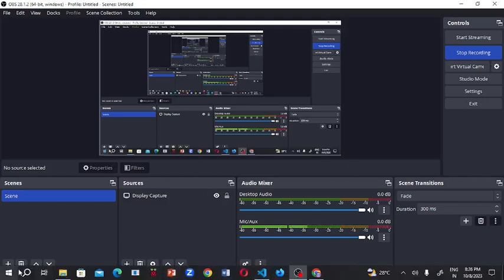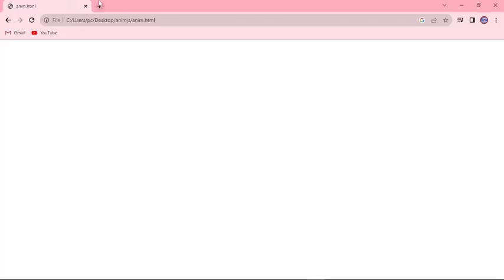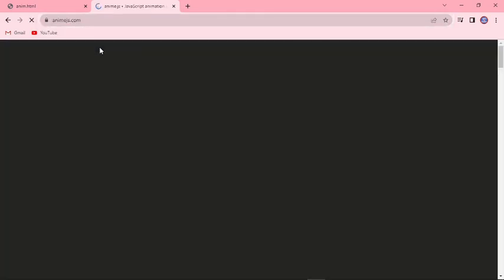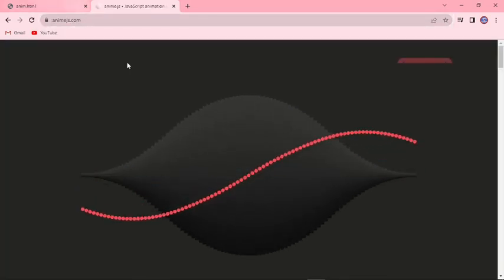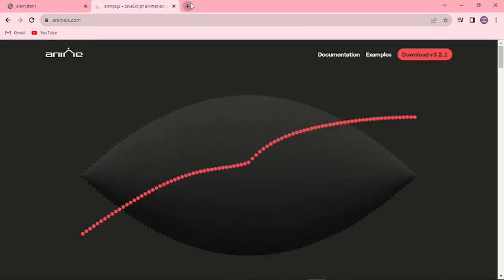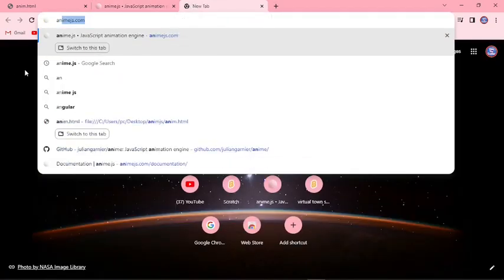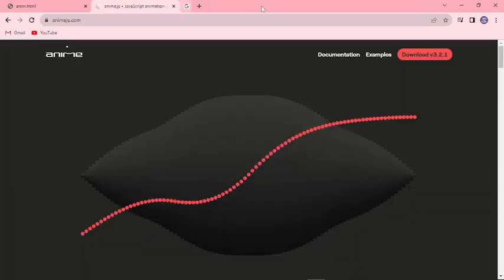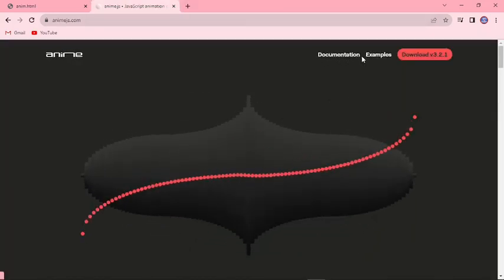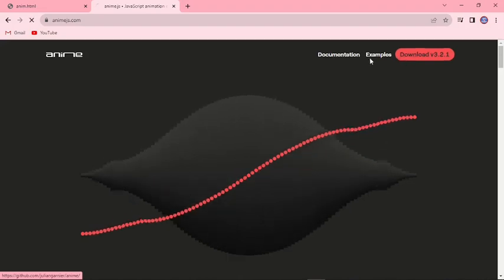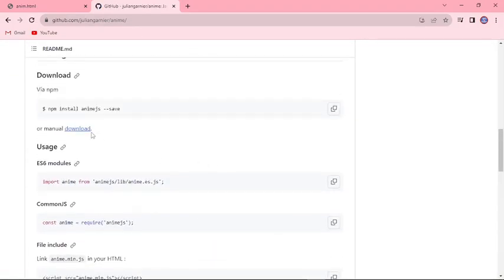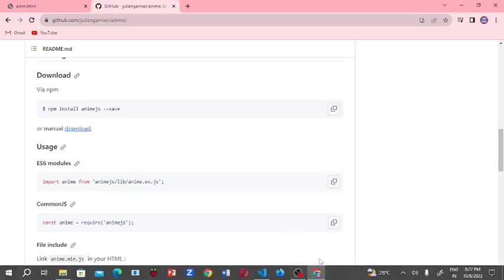Anime.js. So first you'll have to go to your web browser and search for Anime.js, and after you search for it, you should open this browser and it should show this. Then click download. After that, you'll have to scroll down and click this manual download button. Then you extract it and